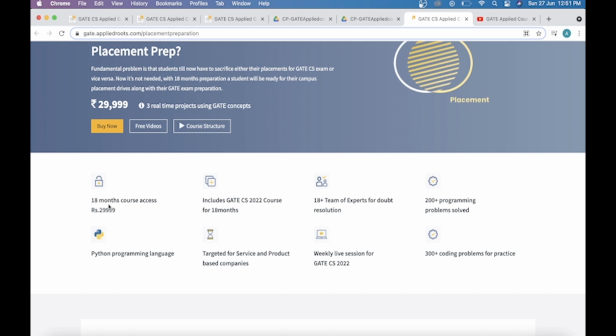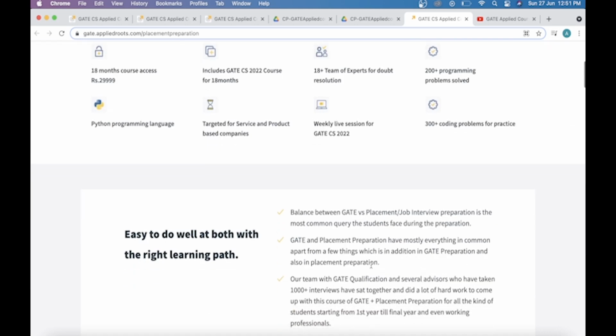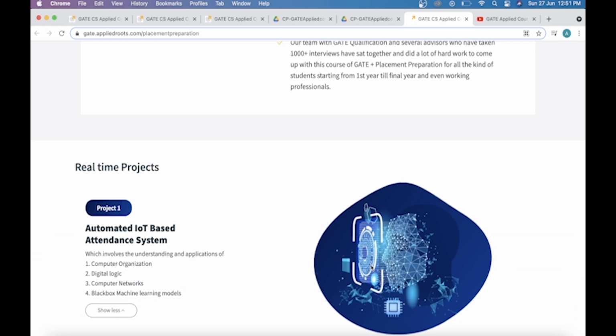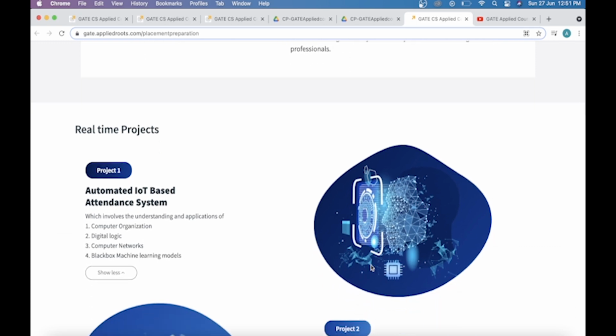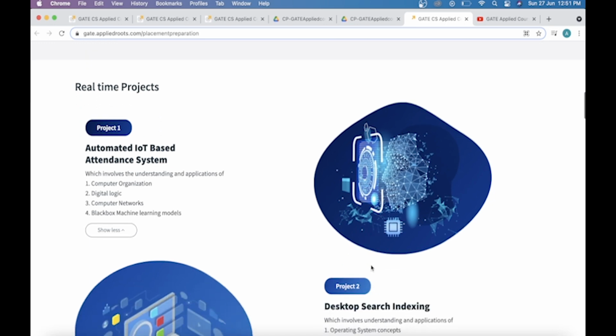So you get 18 months of course access for this course, as well as many practice problems. Weekly live sessions are conducted for this course as well. So this course would mostly be similar to the previously discussed GATE applied course. The only addition is all the placement prep topics are also discussed as part of this course.